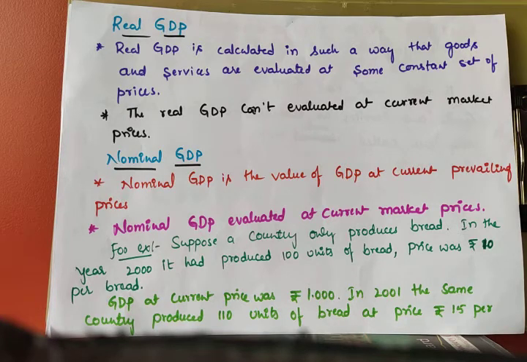And also, while discussing national income, we calculate it in a particular year, that means during a year or a particular period of time. While calculating in a particular period of time, we assume that prices cannot change. But if the prices of goods and services change, how can we calculate the national income